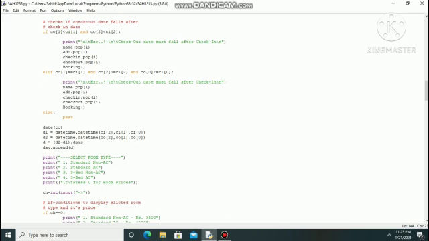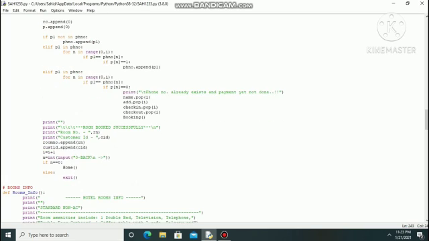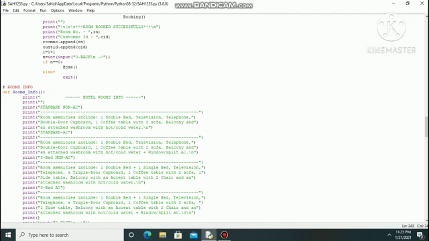For room number and customer ID, here I have used the random function. And there are certain room types, and prices are given here. Then this is my source code for booking. Now comes the room information. I simply print out the facilities given by the hotel for each room.